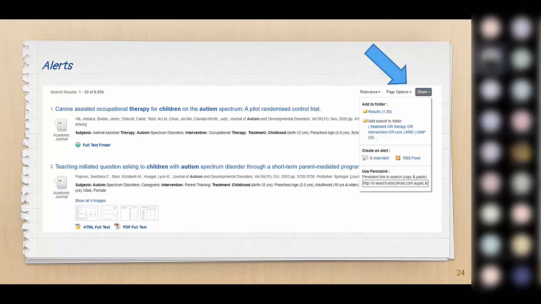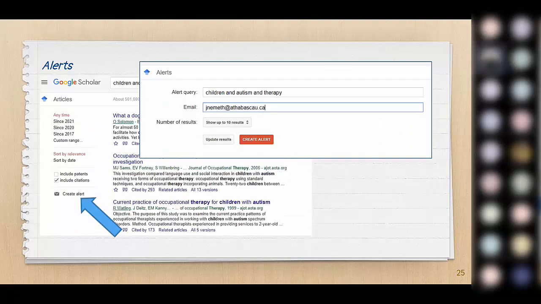Some databases allow you to set up alerts on particular searches. So if something new is added to the research area you're looking for, you'll be notified. I like using Google Scholar for this, as there's such a wide variety of publications. However, they have very limited options for searching, so it may or may not be the best option for you. It's always a good idea to set up a few alerts to make sure you are up to date on